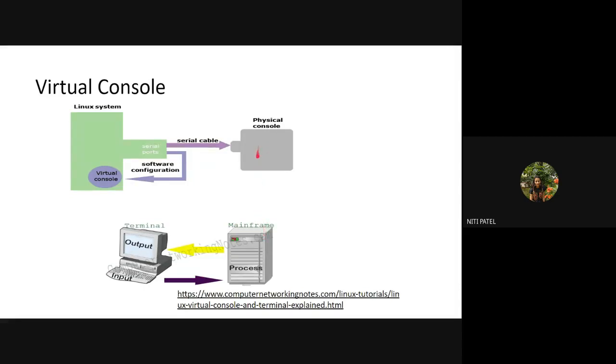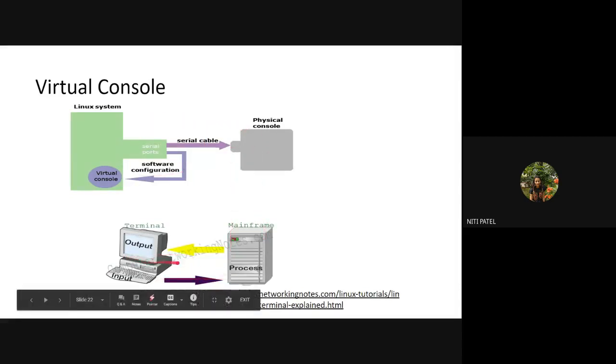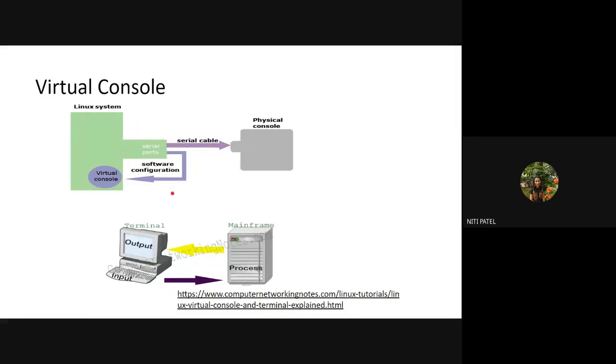So again, if I apply this concept on this diagram, the terminal will become a virtual console and my mainframe will become a physical console. This is the concept of a virtual console. That means a machine which is used only to send and receive is considered virtual, but the machine which is used to perform all the processing and execution work is considered physical. But again, both the machines are connected either with the help of a network or with some cable. But which cable? A serial cable. Is this clear?